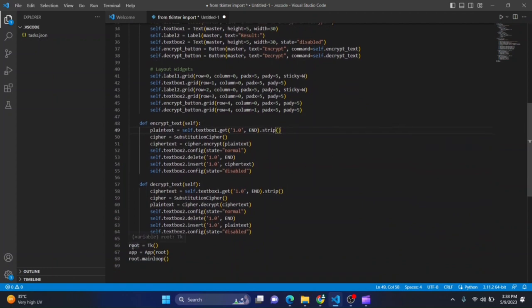And at last we are going to declare the app as root, and we're going to run the main loop at the end. And while running this program